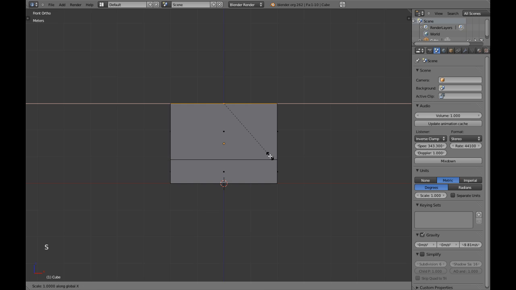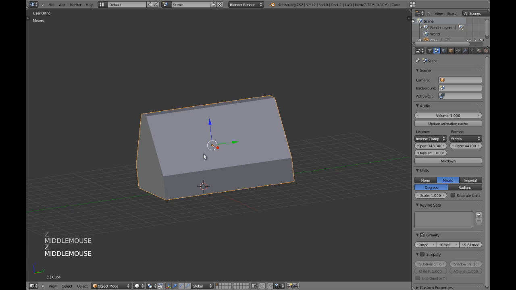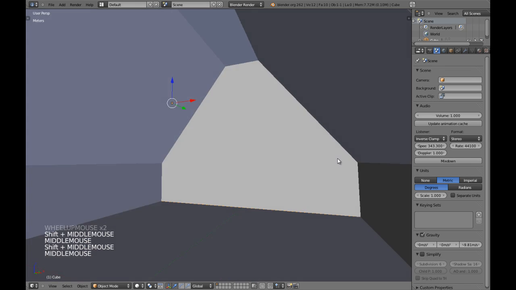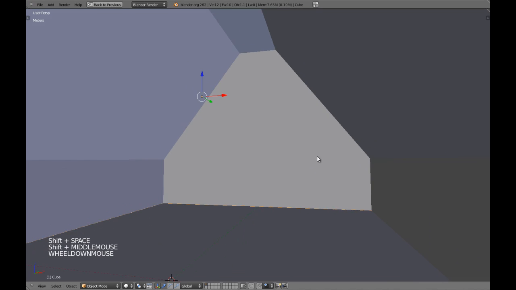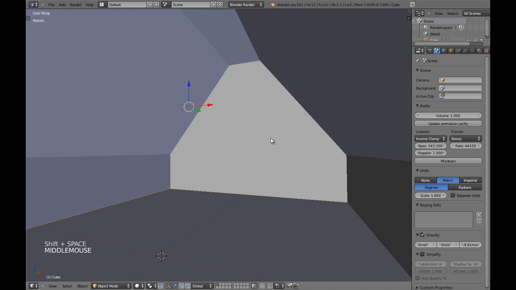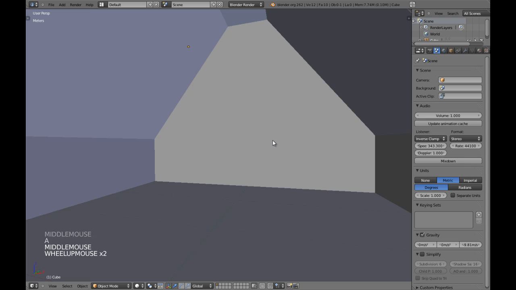Scale it in x-axis, like you can see the number in here I'm using. This is the shape we want to achieve. You can see that it is like the final result,